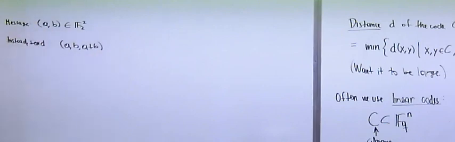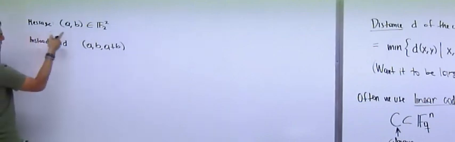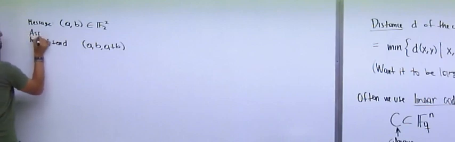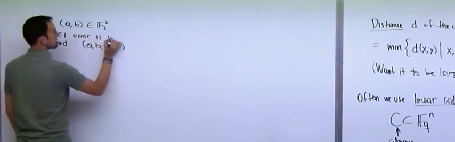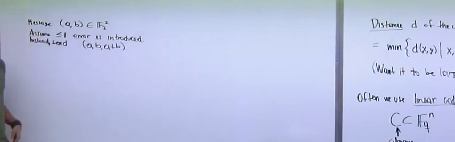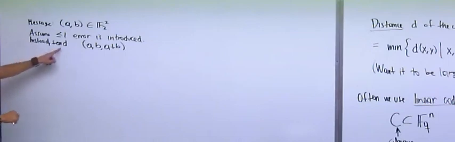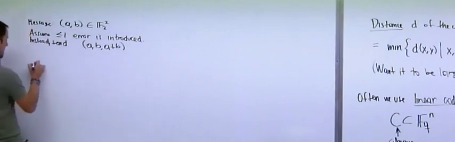Okay. What is this going to accomplish? Well, and again, this is a toy example. Let me assume that at most one error is introduced. Okay. So if I sent 1, 0, then you're going to receive either 1, 0, 1, 1, or 0, 0. So either you get the correct message or one of the bits is flipped. Okay. So instead, let's say that I send A, B, A plus B. What am I going to accomplish with this? Let's say that my real message